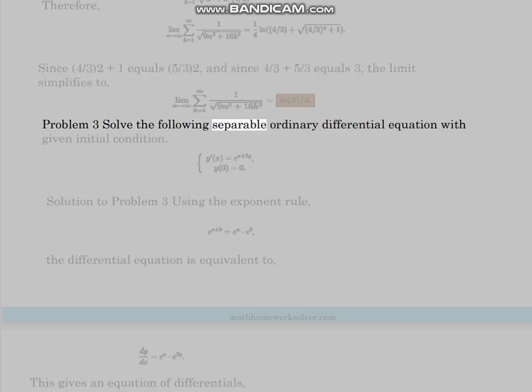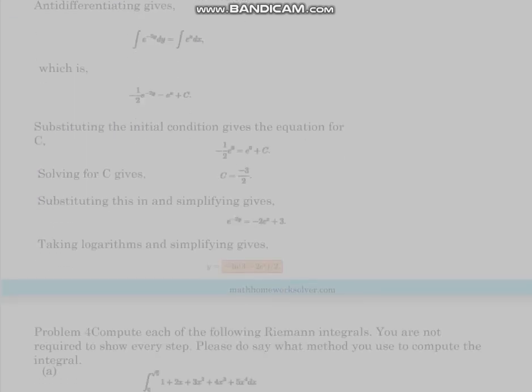Problem 3. Solve the following separable ordinary differential equation with given initial condition. Solution to problem 3 using the exponent rule. The differential equation is equivalent to. This gives an equation of differentials, antidifferentiating gives, which is. Substituting the initial condition gives the equation for C. Solving for C gives, substituting this in and simplifying gives, taking logarithms and simplifying gives